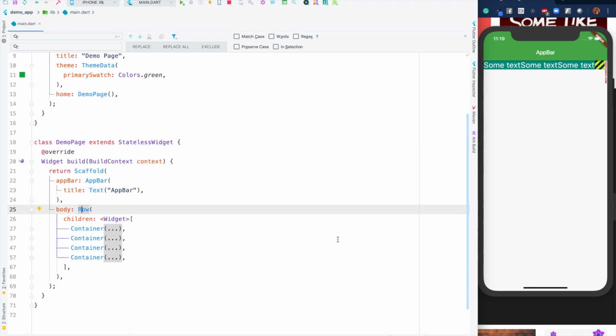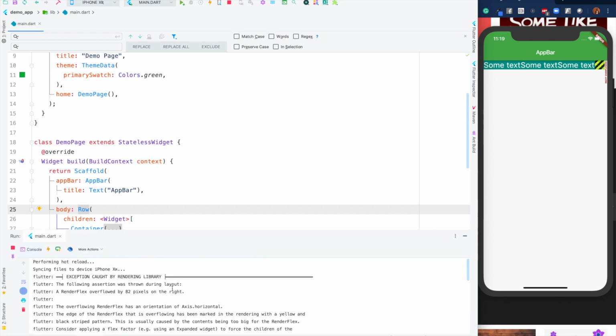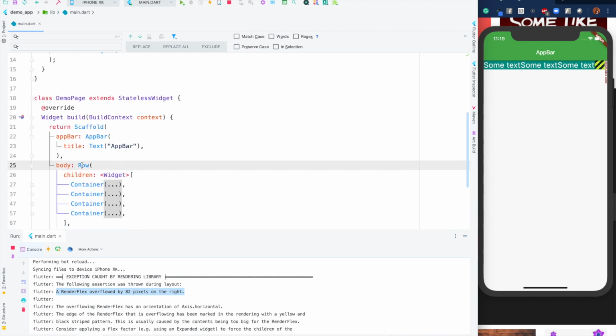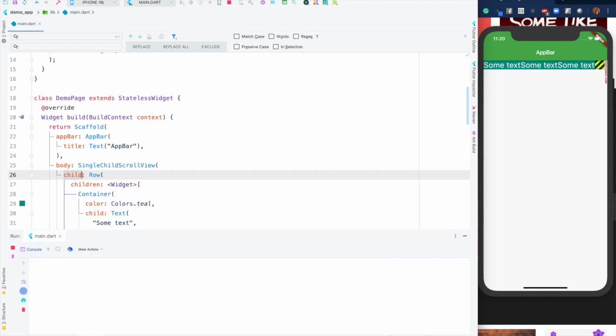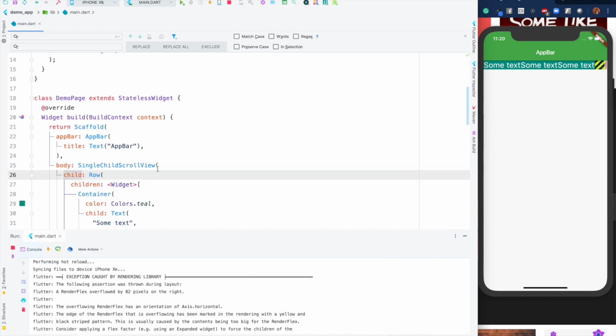So what happens is just read the error. Render flex overflowed by 82 pixels on the right. So what happened is it tried to draw on the screen, but by 82 pixels it could not draw basically. So in these scenarios you can wrap inside a single child scroll view. Okay, and then this error